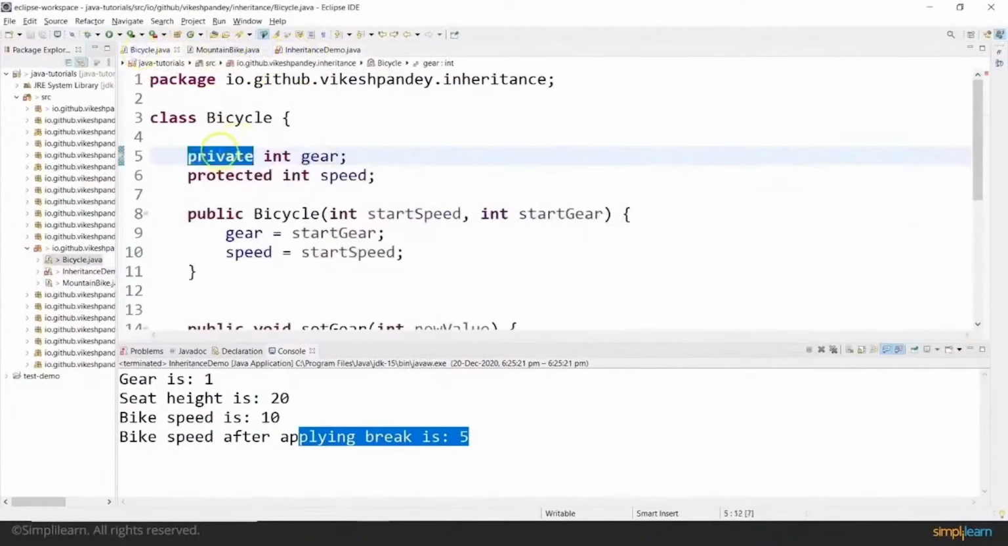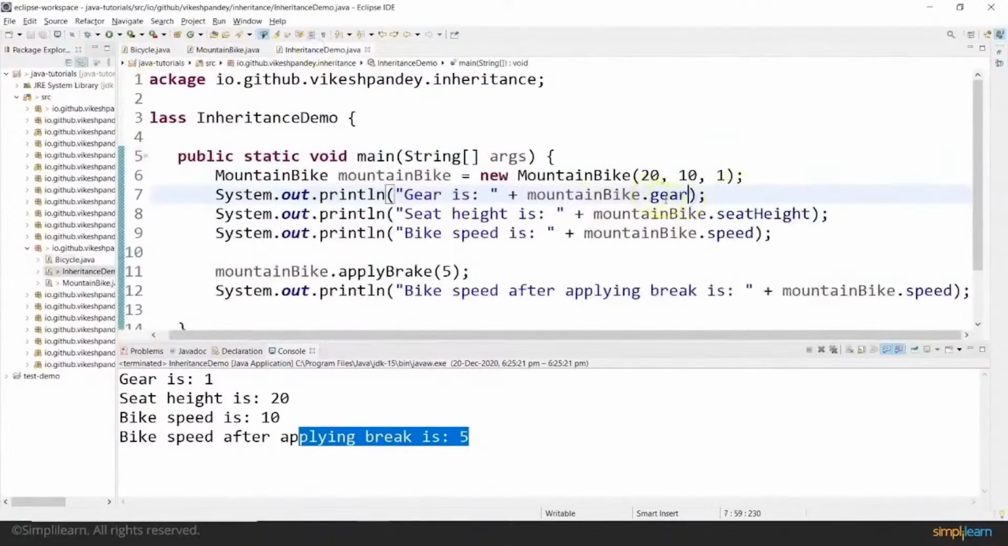And the moment you make it back to protected, it will be accessible. The error is gone. There's no red line here. So that's how you can use the protected access modifiers. It is always recommended to use them when you write any kind of inheritance logic. And in inheritance logic as well, intentionally, if you want to hide a particular property from the child classes, just make it private. And that's all I want to cover in this particular session, where we dive deep into the